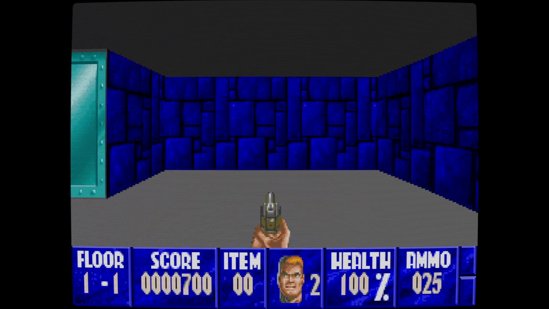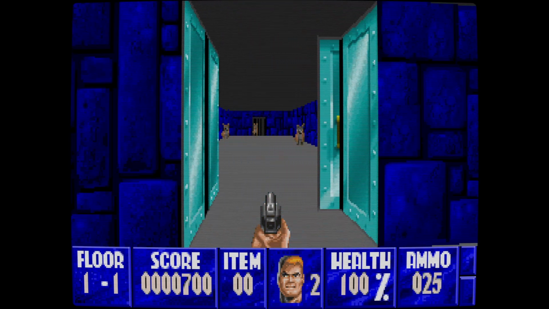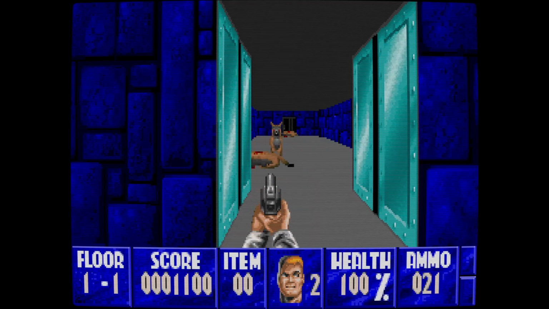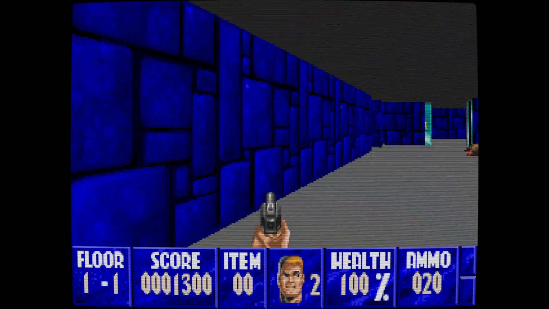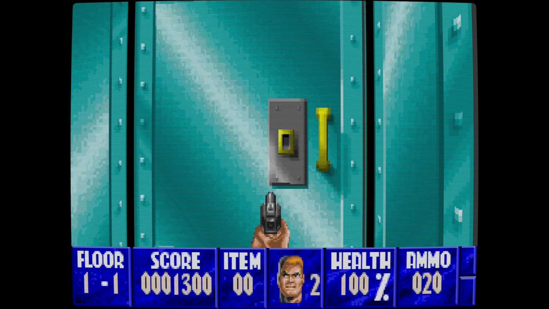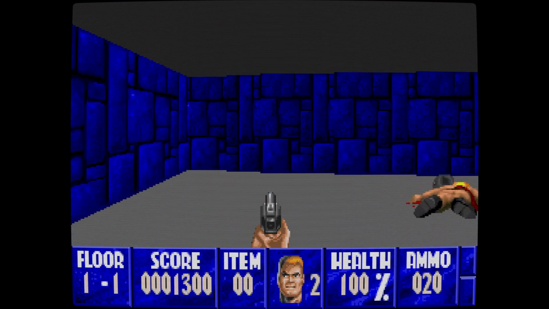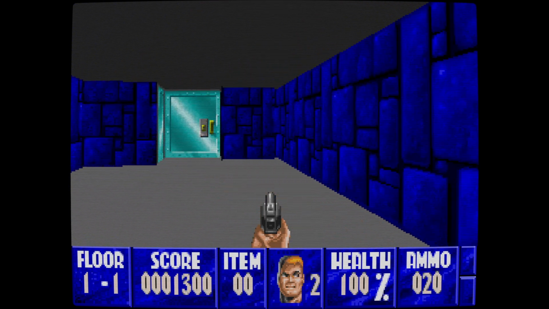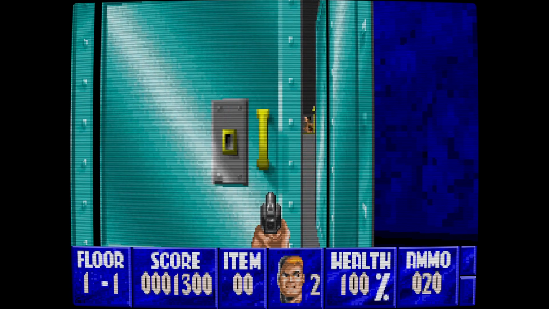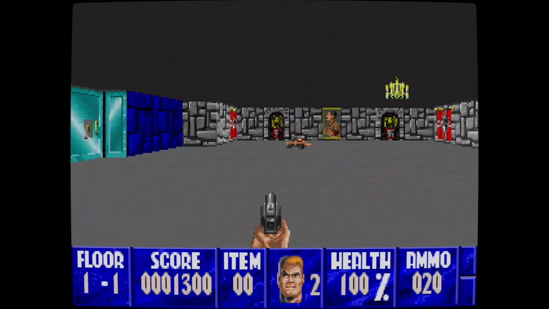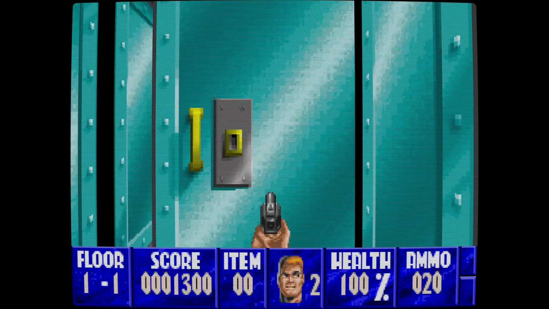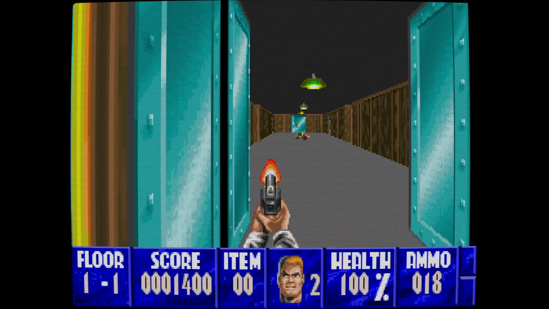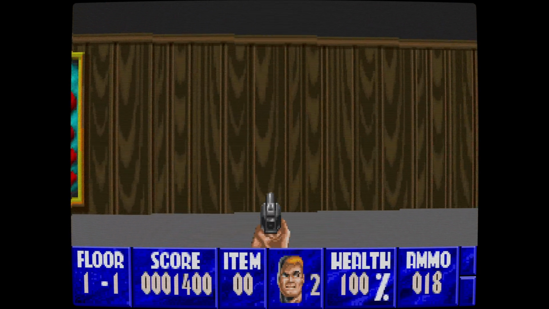Obviously, I was going to say, obviously being based on the shareware version, this is free and legal. I'm assuming if you own the full version of the Mac version of Wolfenstein 3D, you can just put your WAD files in place. Again, I'm assuming, I don't know. I just wanted to try this. I don't have the Mac version, so